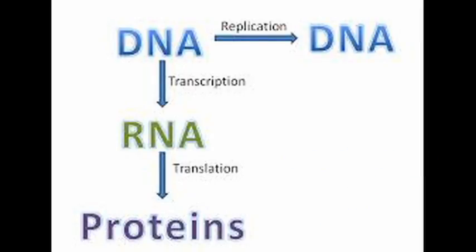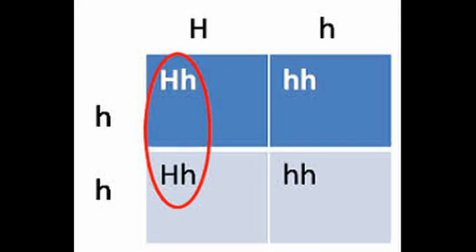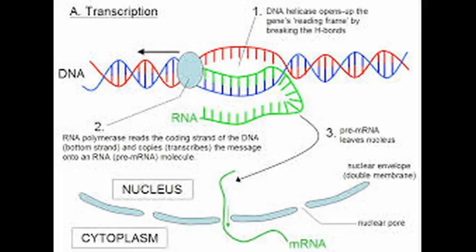Okay, so once upon a time, there was a blue penguin, and this blue penguin had a trait of being blue. And this was determined by a gene that the penguin got from its parents. And so basically the way that gene was transcribed from the DNA in the penguin was, first,